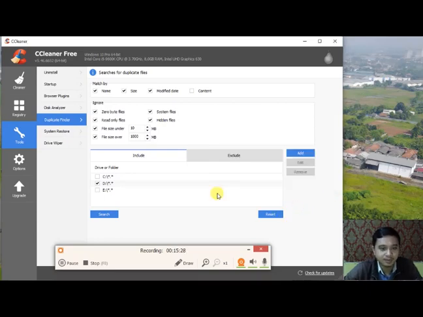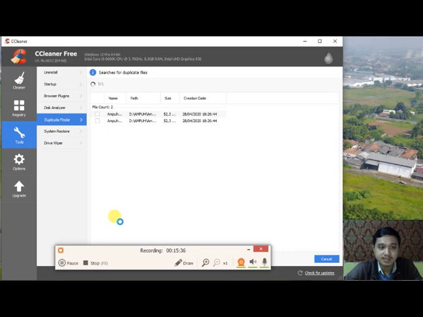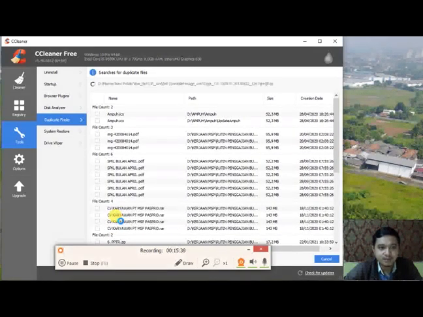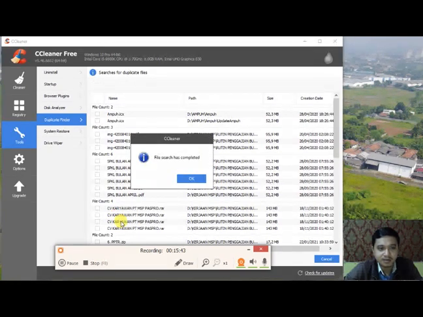In this case I will click no. Then we can start searching in the D files. As you can see, CCleaner is searching for duplicate files. We can wait for CCleaner to complete.